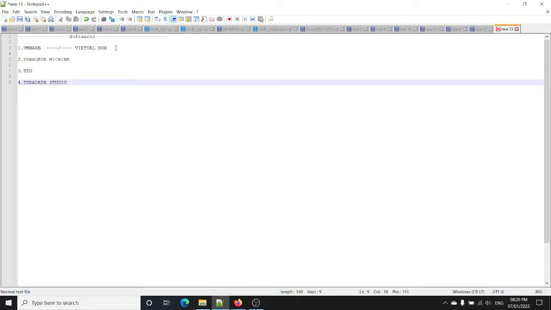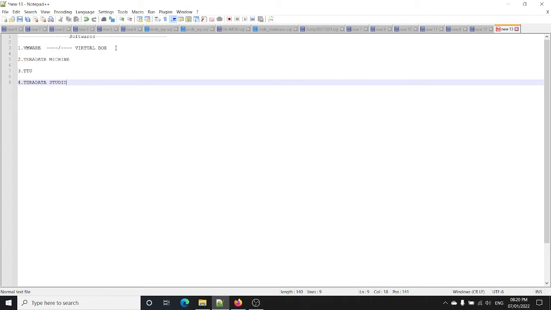Teradata Studio is basically used by DBAs, but for better understanding we will also download and install it, as both do the same task. Teradata Studio is more user friendly, and you will love working in it as compared to the TTU utilities. So let's start the process one by one.